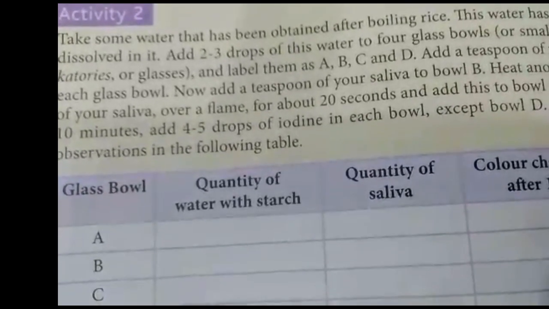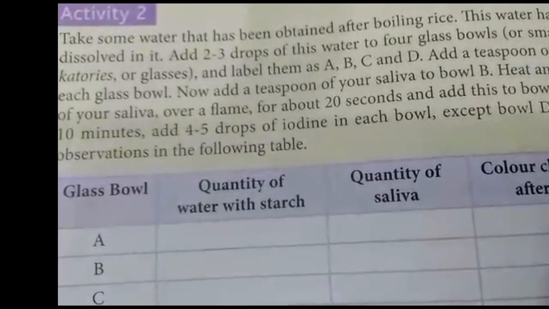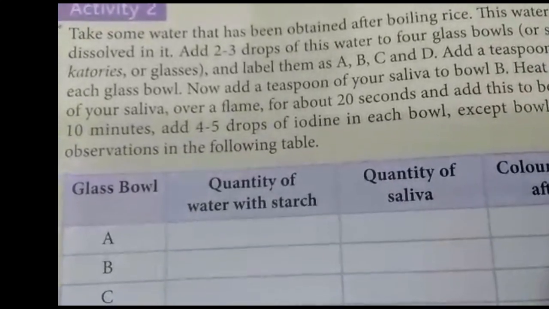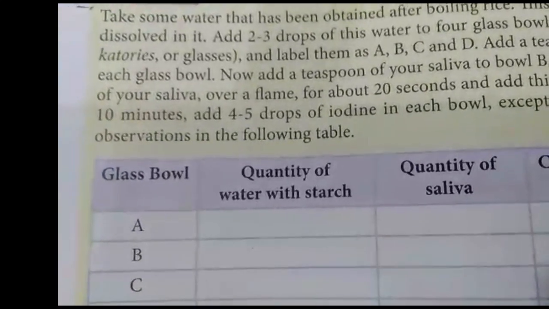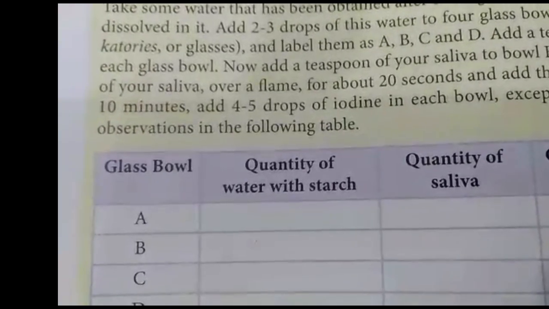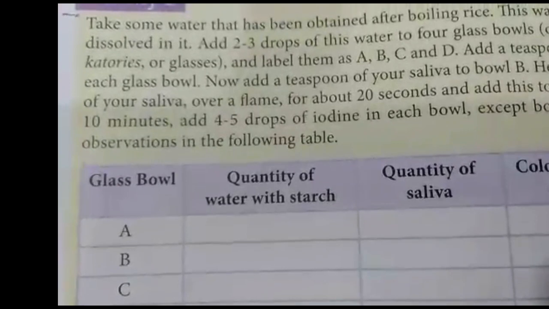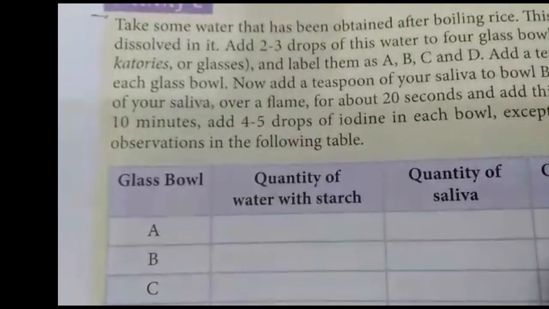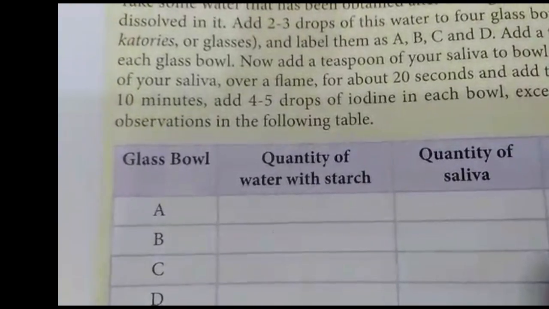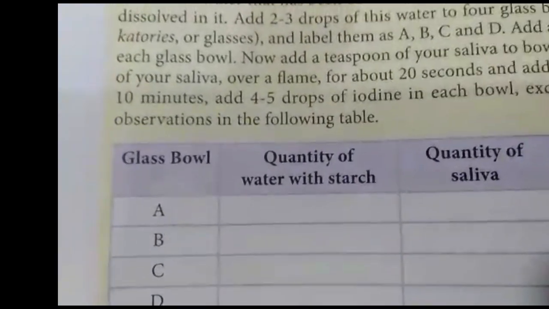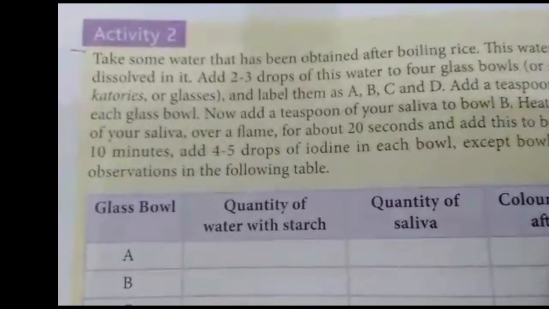So let us start. Let us recall all the points that we have discussed in the previous session, session 2. We discussed nutrition in humans, and during this we covered all the steps. What are the steps of nutrition? Ingestion, digestion, absorption, assimilation and egestion. And we have described these in detail.